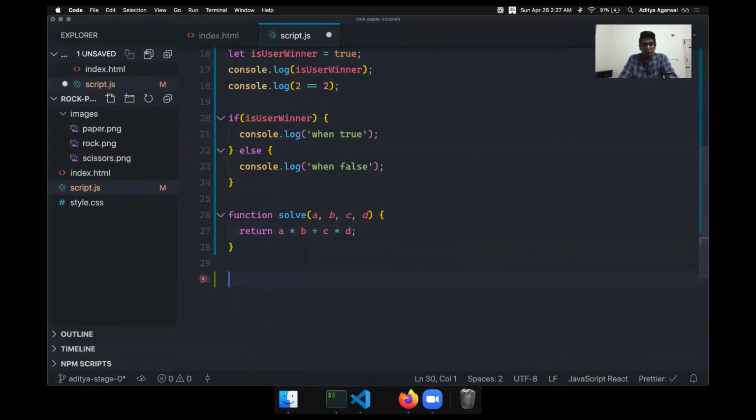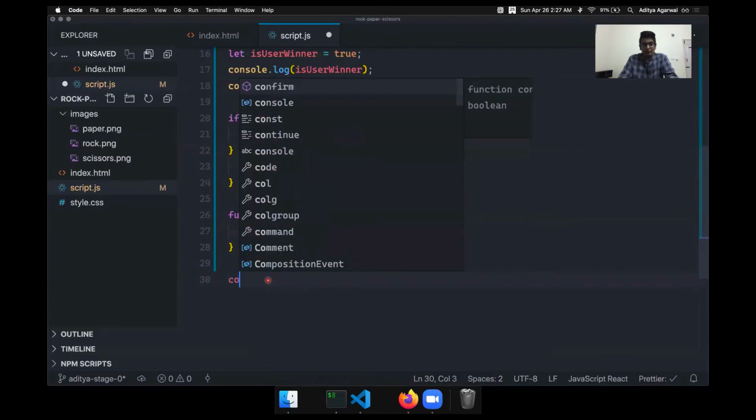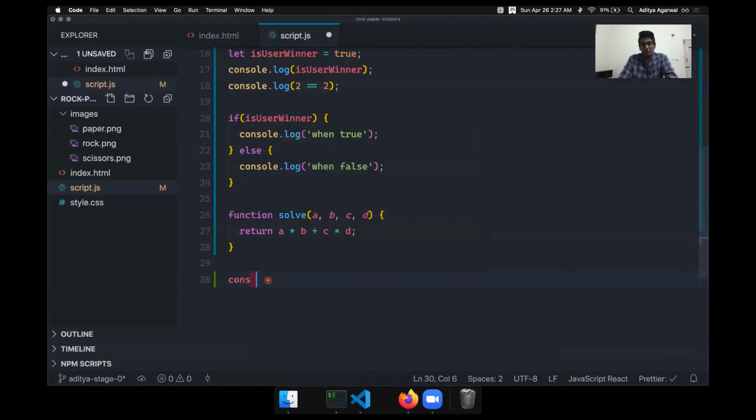Now you can call this function, say solve, for different values. I can get the result in a variable result1, and I say solve for the ABCD values should be 3, 2, 5, 7. What will happen is this solve function will get called. The 3 will be assigned to A, 2 to B, 5 to C, and 7 to D. Then this operation will happen, so 3 into 2 plus 5 into 7.